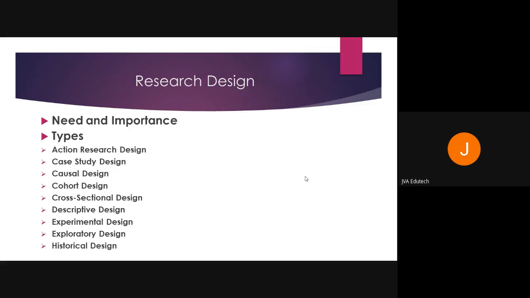So why not do it like this: you divide 50 people into one group and 50 people into another group. To one group you give remdesivir and to the other group you give the normal treatment that is being given for COVID-19. See, they are already getting some treatment for COVID-19. They are COVID patients, that's why you are giving remdesivir to them. But they are also getting some other treatment. So if you give remdesivir to all the 100 people, how will you know whether it's the effect of remdesivir or the existing treatment?